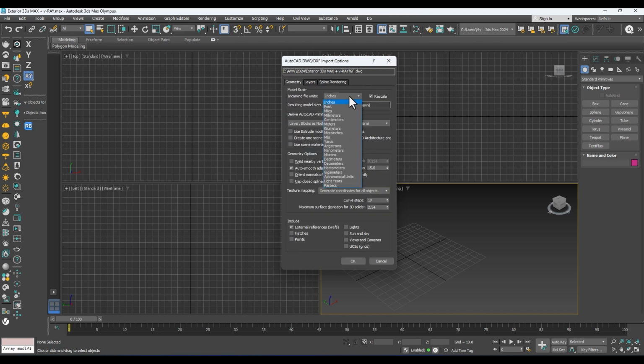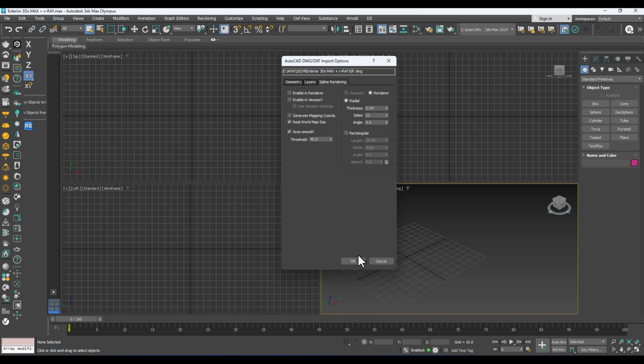So if you are interested in creating this model in another unit scale like meter or centimeter, you can choose this over here, but I want to work with inches, so keep it as it is. Okay,